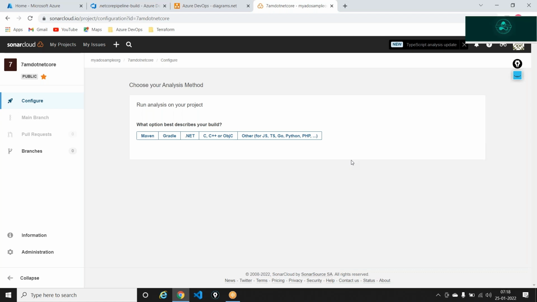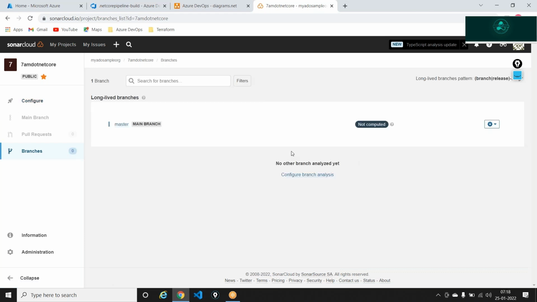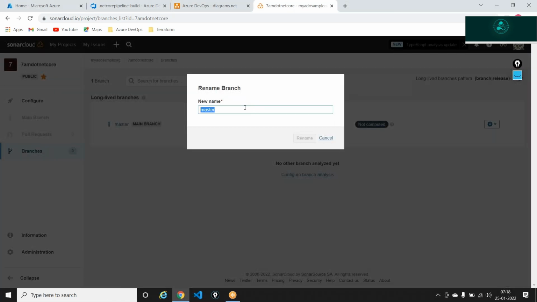Now you have a public project. Now it's telling me the project is ready for analysis. One final thing I need to do here is come into something known as branches. In the branch, Sonar is trying to analyze the master branch. In my case, I'd like to analyze the develop branch, because that's my main branch for all my developmental activities. So I'll click on this gear icon and say rename branch, and I'll say